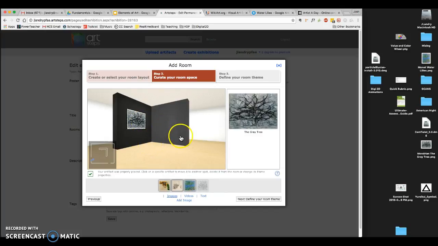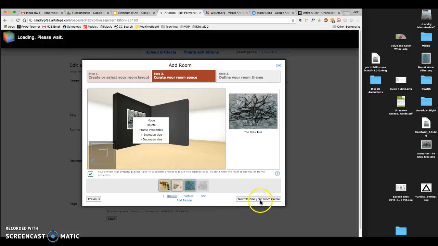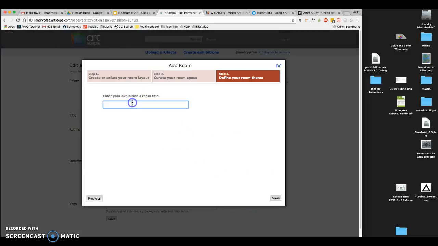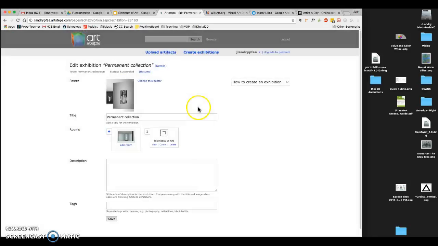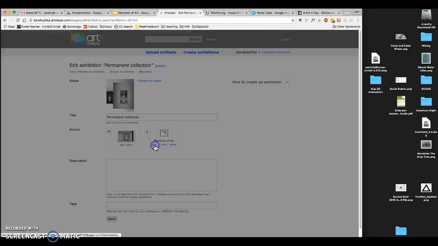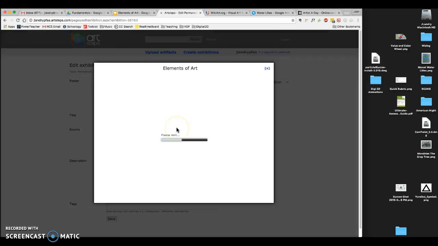And now to actually see this, to actually go ahead and interact with it, I'm going to go down here in the bottom step. I'm fast forwarding a little bit. I'm going to say define my room theme. And for the room theme, I would like all of you to go ahead and call it Elements of Art. Just real simple, Elements of Art. Hit save. And there you go. You now have your one room, and you should have plenty of space to go ahead and put 7 pieces,